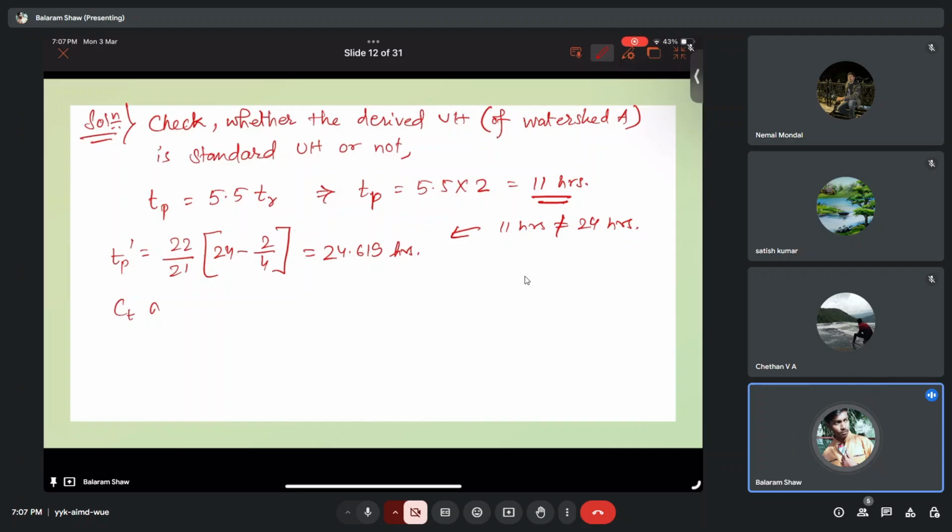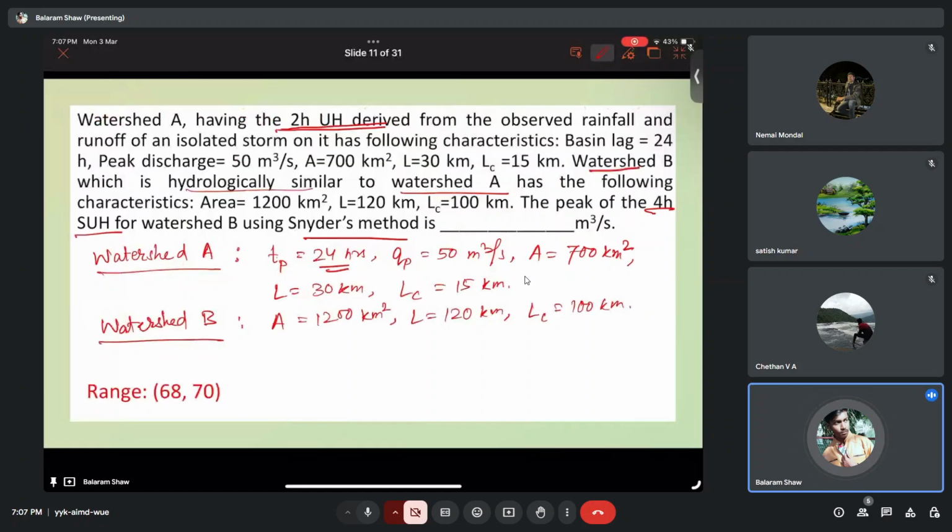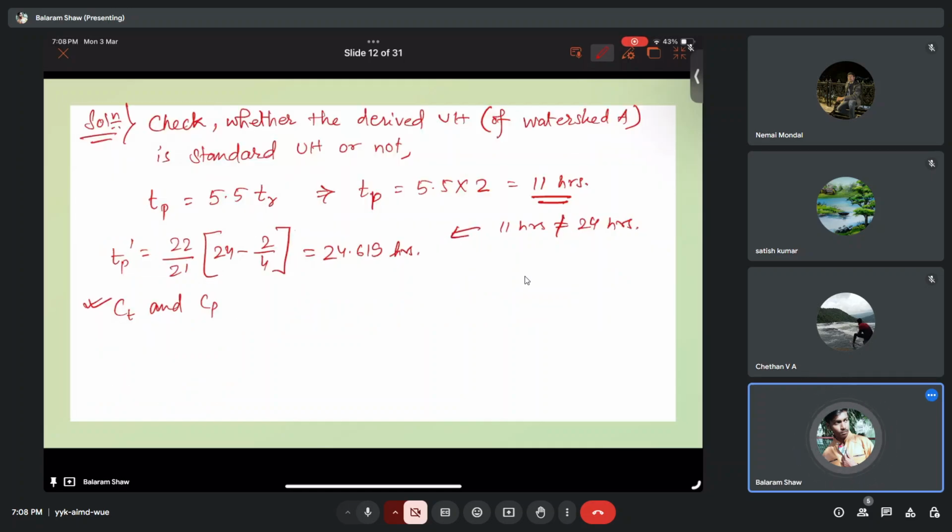because we are given that this watershed B is hydrologically similar to watershed A. So the coefficients I mentioned while discussing, if it is hydrologically similar, then the CT and CP of watershed A we can use for watershed B also. So firstly we have to find out the CT and CP from watershed A. We will use that in watershed B to calculate whatever we need here, right? So we can write CT equals